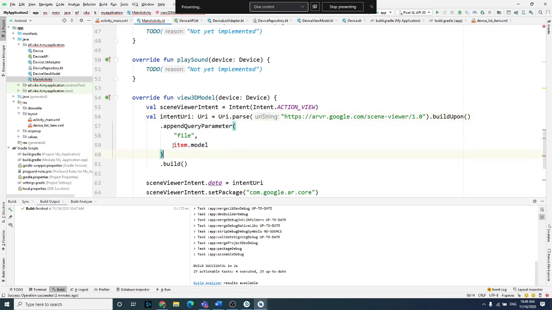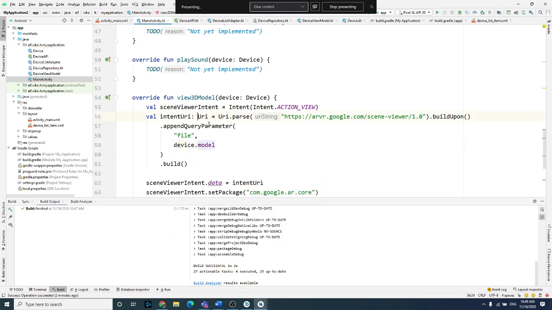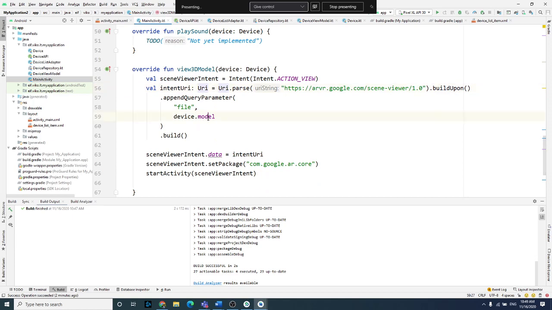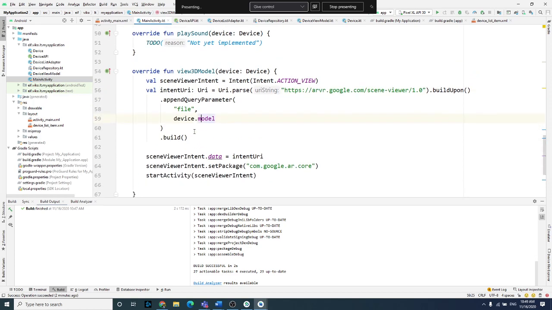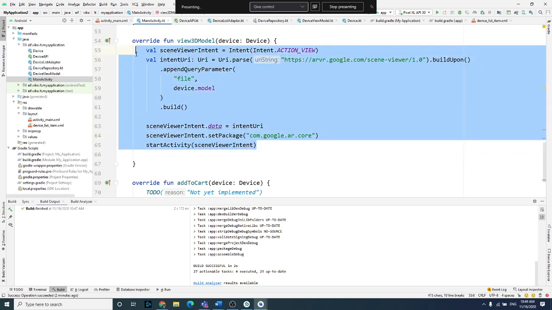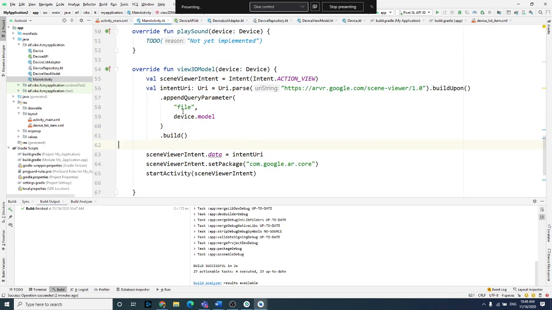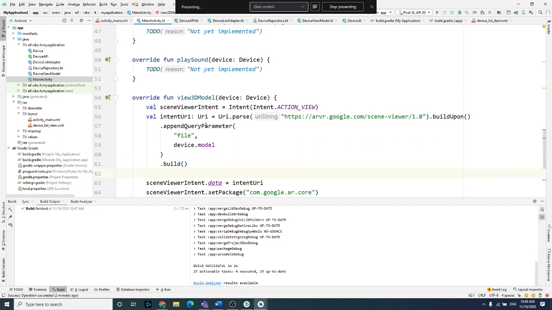basic model. And when you have the device, we pass the device model, because our API has some device 3D models, and that's the reason I'm just using device model. And here it's basically the same to show your device 3D model. There are other ways to implement it; you can load a 3D model using only 2 lines of code. To play sound, you need some